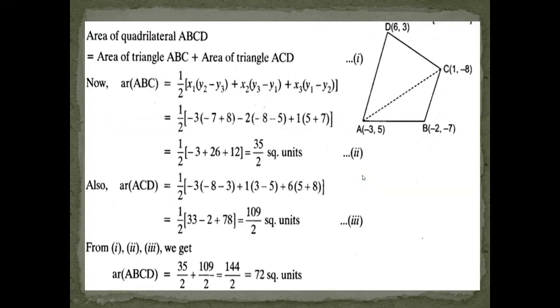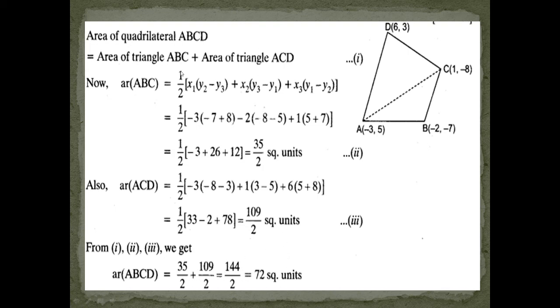Yeah, clear. And coming to the last exercise, that is based on the area of the triangle formula. Here in this problem, we are finding the area of the quadrilateral. Even by using the area of triangle formula, we can do this also. While they give the quadrilateral to find the area, you draw a diagram so that it is going to divide into two triangles. Find the area of the triangles separately, and finally you add both the areas so that you will get the area of the quadrilateral.